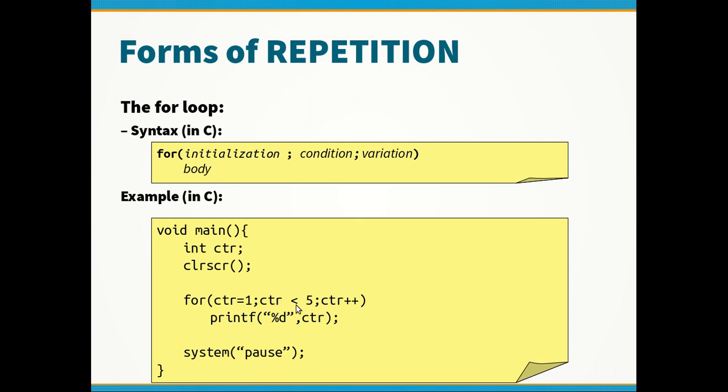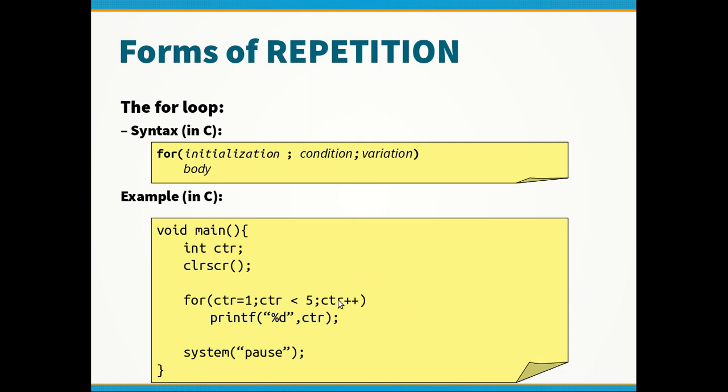Now CTR is equal to 2 and lesser than 5, which is still true. We shall then print 2, and we go back here, not there, but here, and we increment CTR. So 2 plus 1 now becomes 3, and 3 is still lesser than 5, therefore we print 3. We go back here, it becomes 4, 4 is lesser than 5, we then print 4, we go back